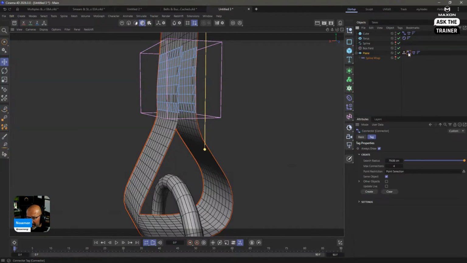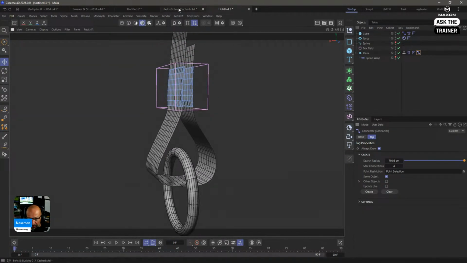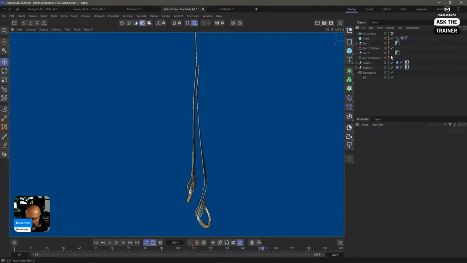Everything is fantastic, except for this. The idea is not to make it editable, because I don't need to make it editable. As you can see, everything works fine over here.